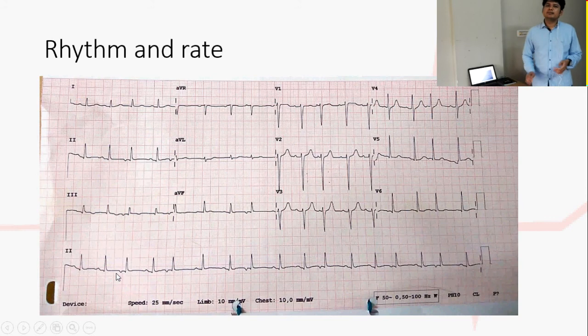By chance if you get some ECG where you have irregular rhythm, P wave morphologies are changing, you have more than 2 morphologies, but your rate is less than 100, you can't term it a multifocal atrial tachycardia. It becomes a wandering pacemaker. We won't go into the detail of those things right now, but it's just one diagnosis to remember. But this is multifocal atrial tachycardia, which is a very common finding in case of COPD.